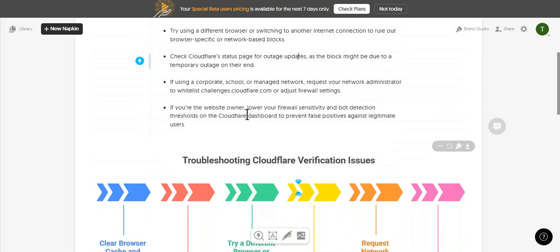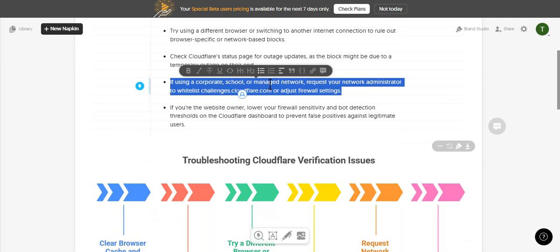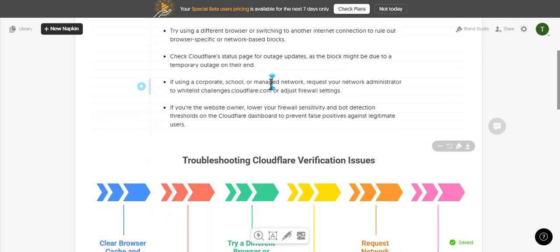If you're on a corporate, school, or otherwise managed network, reach out to the network administrator. Ask them to whitelist challenges.cloudflare.com or review the firewall rules to make sure Cloudflare's challenge system isn't being blocked or filtered in a way